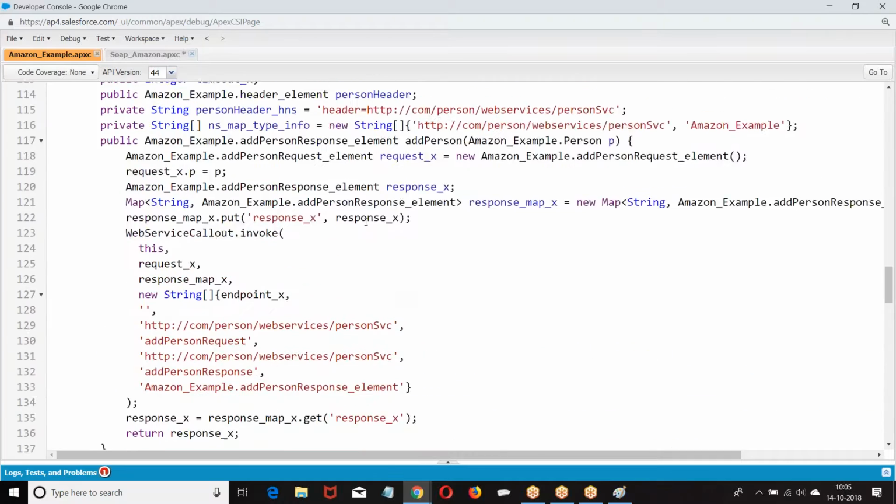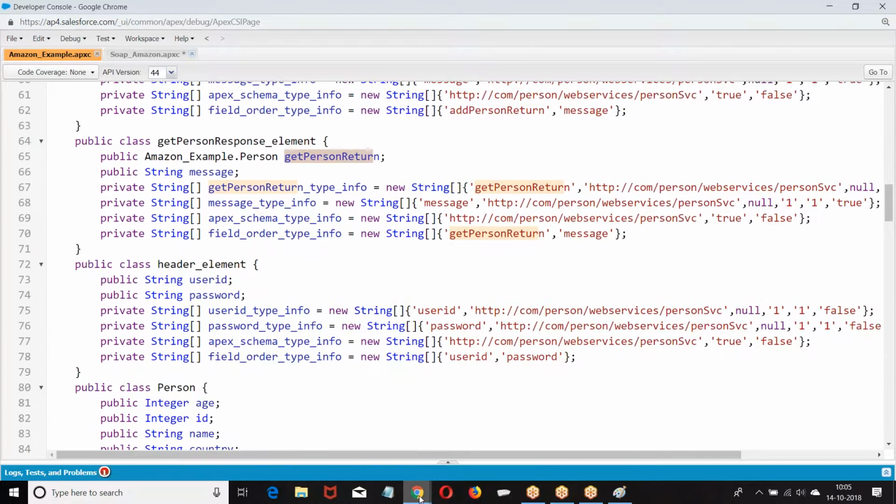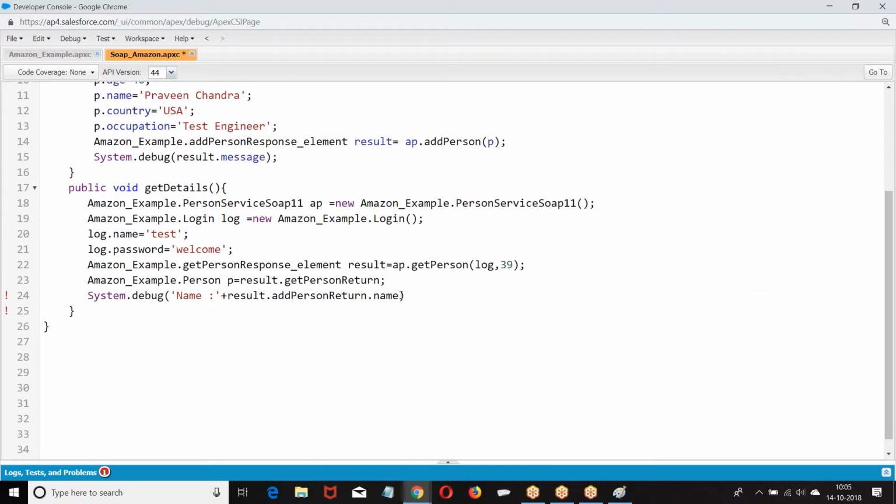Get response element. Look at the wrapper class. Get response element. Get person return. Okay. Then you can print straight away. You can print person P.